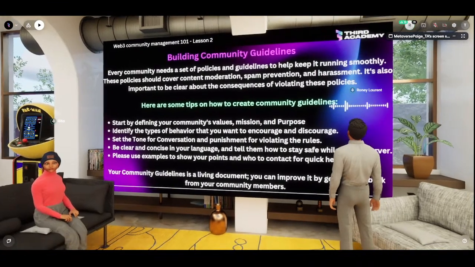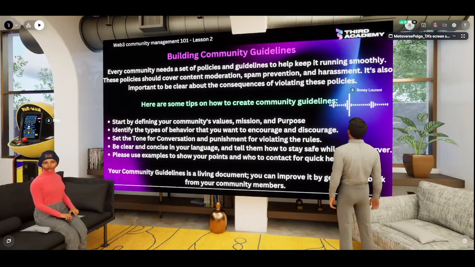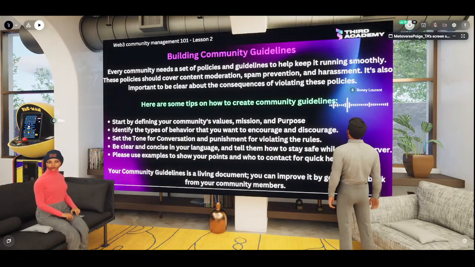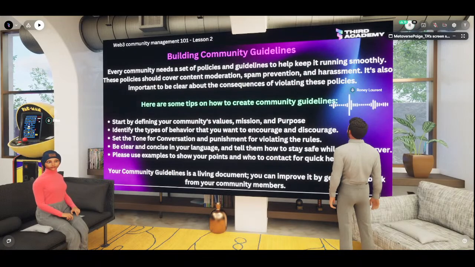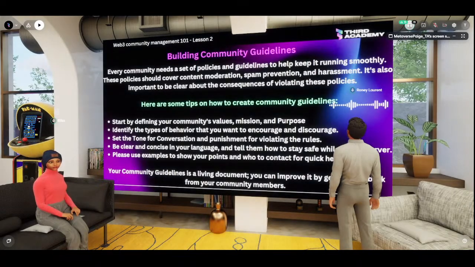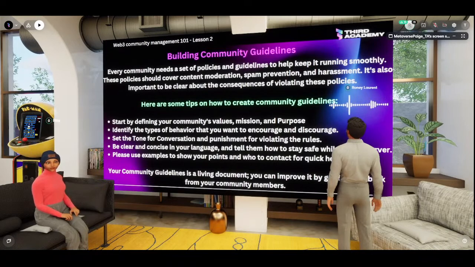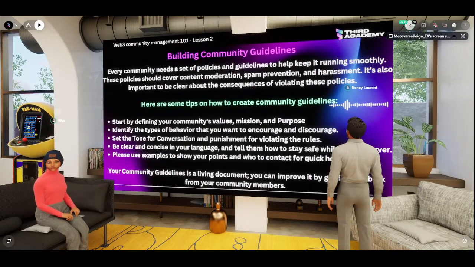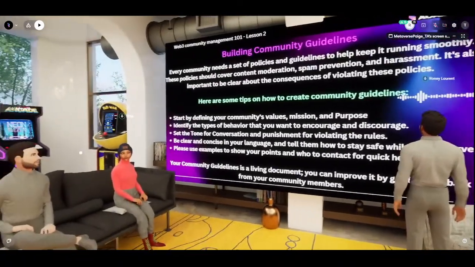You also want to talk about punishment for violating behaviors, right? For example, the consequences could be proportionate to the severity of the offense. So you could say, for a first-time spam, it could be a warning. If you repeat it twice, it could be a complete ban from the community, right? And enforcing the guideline, ensuring also that everyone knows the consequences.